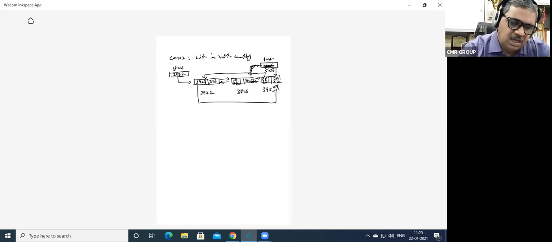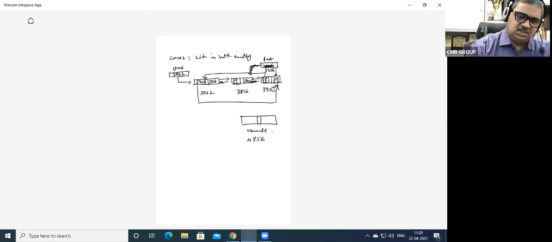Now let us say that a new node has come. The new node is going to be added as the last node. For example, this is 4856. Now when the new node has come, this is null and this is null. Okay. So now tell me, this new node which has come, what will happen? This is the last node, right?